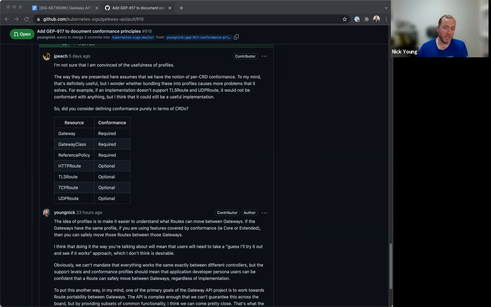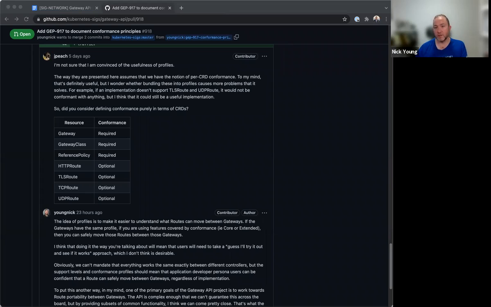But maybe what I've done here is emphasize the shorthand way, and not the fact that the shorthand method is not the be-all and end-all of the conformance process. And I think I've probably done a poor job of communicating that. So I don't think the conformance profiles at the end of the day are a way to shortcut. You'd need to say every time you specify what your thing does, hi, I have Contour, and Contour supports GatewayClass, HTTP route, and TLS route, but not TCP route and UDP route. Right? I think it's much quicker to say, Contour is a layer 7 ingress controller, a layer 7 Gateway API implementation. That's all. It's just a convenience thing.